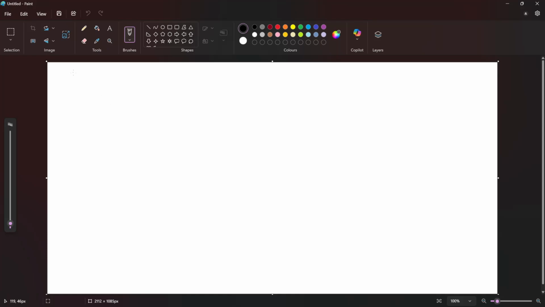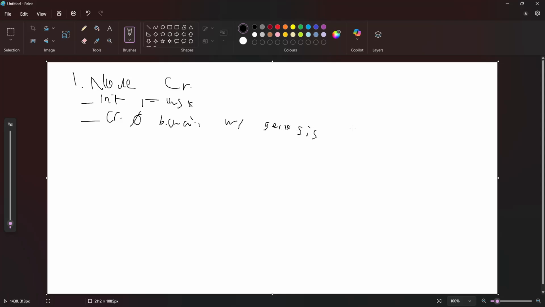In the node creation, first we will init Flask, or the web server, whatever like that, init the server, and create an empty blockchain with a Genesis block, so like the initialization,